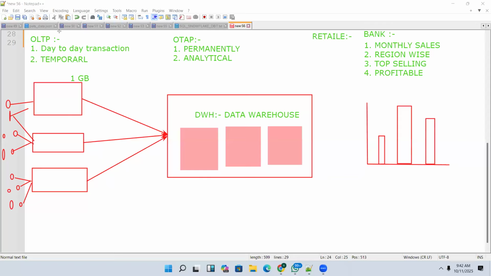Okay, this is January sales. This is Feb. This is March sales. These are the months.